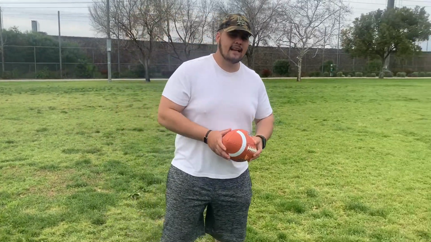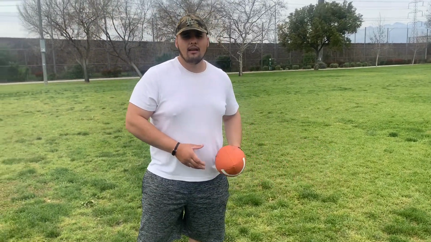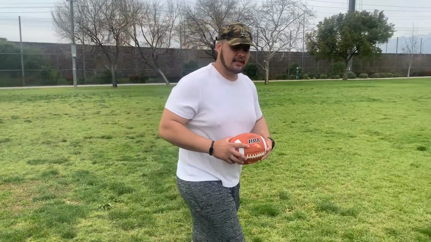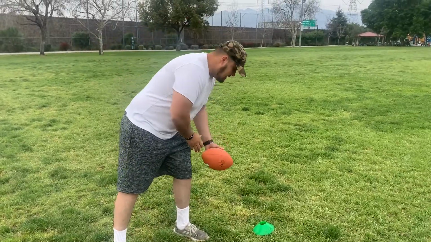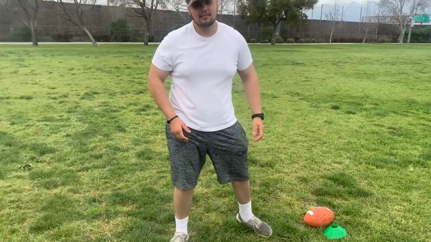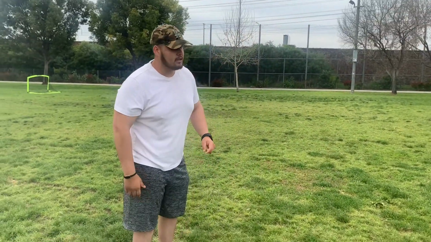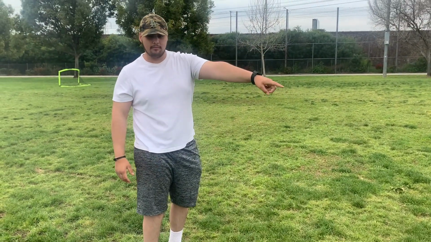But today, since we're working in partners, we're going to pretend like we do have a long snapper here, and one partner is going to be over here, which is going to be the punter, and our other partner is going to be on the other side of the cone, at least 10 yards, ready to catch the ball, okay? So this is how the station is going to look. I'm going to place the ball right here. The punter is going to be behind this cone, okay? My partner is going to be at least 10 to 20 yards away from the green cone,